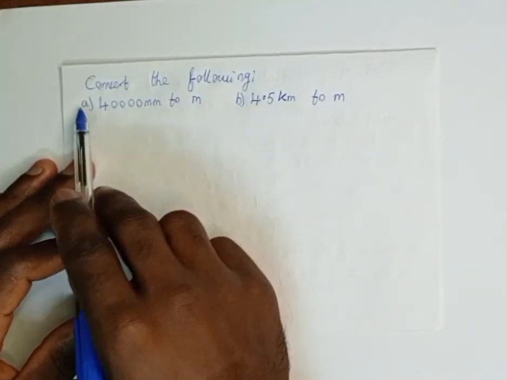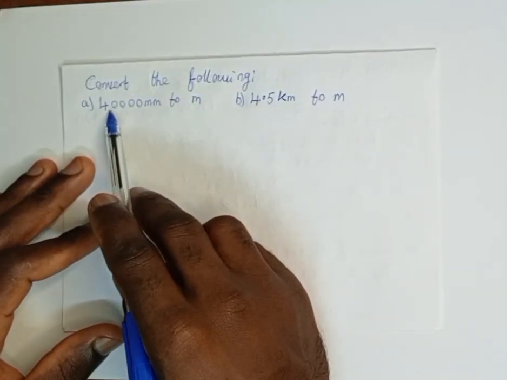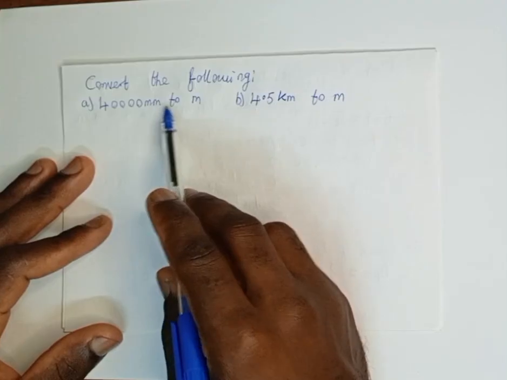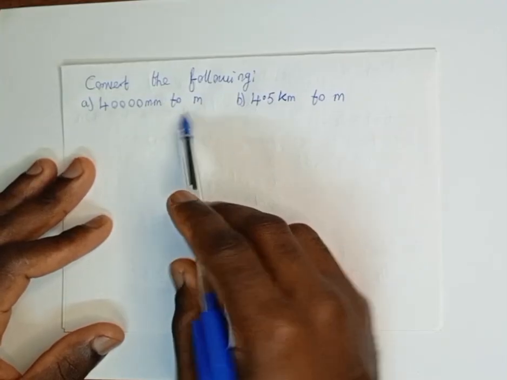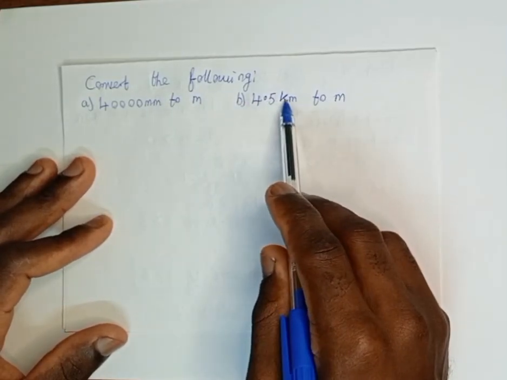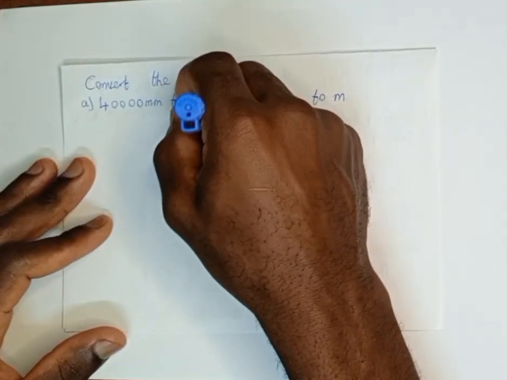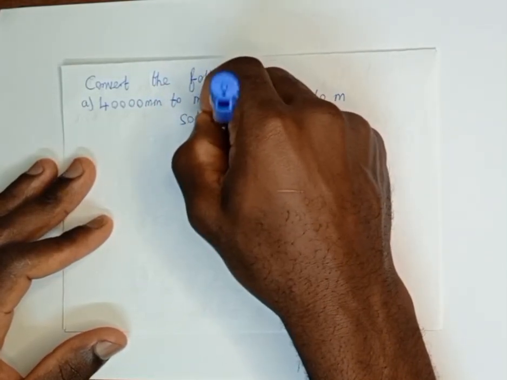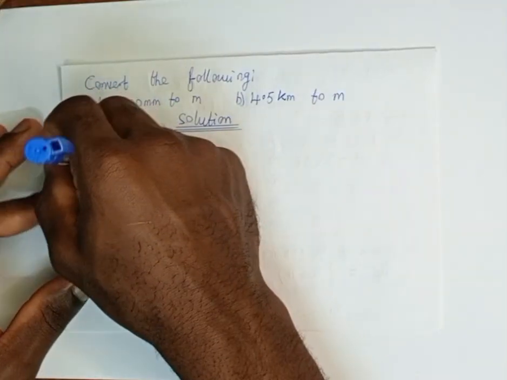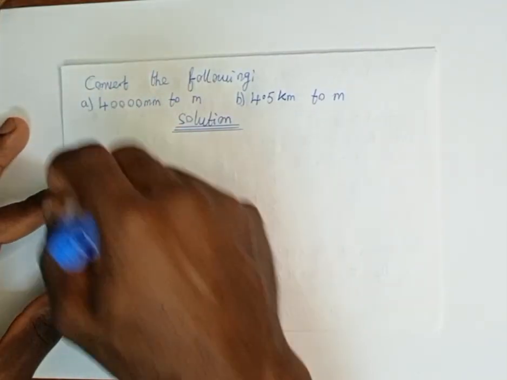Convert the following. For A, we have 40,000 millimeters to meters. For B, we have 4.5 kilometers to meters. We take down the solution. Question A, we have